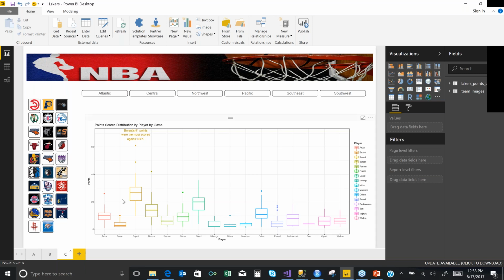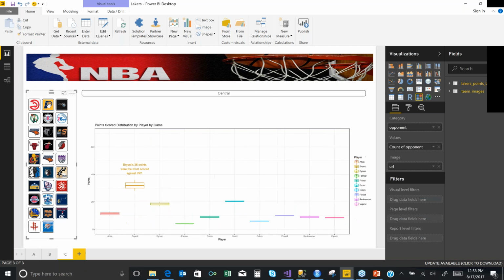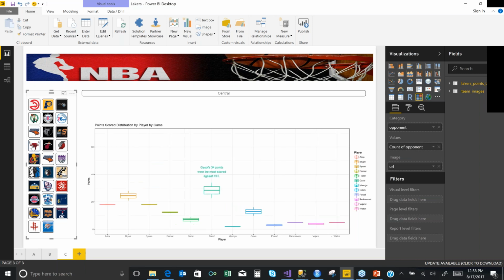You can see that it dynamically creates this annotation here. We can say, for all games considered, Brian scored the most points, and it was 61 against New York. We click on the Pacers. We'll see how the LA Lakers did against the Pacers, and you'll see that he was also the highest scoring person with 36 points. If we click on another team, you'll see that the annotation dynamically changes. And you'll see that when the Lakers played the Bulls that year, Gasol had the highest score with 34